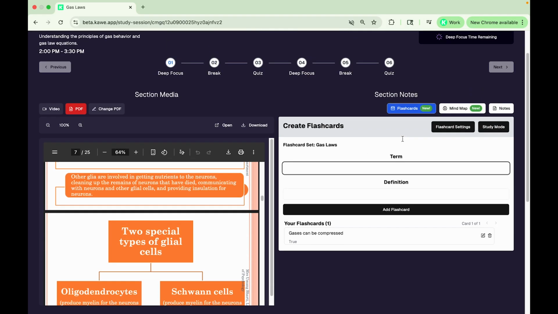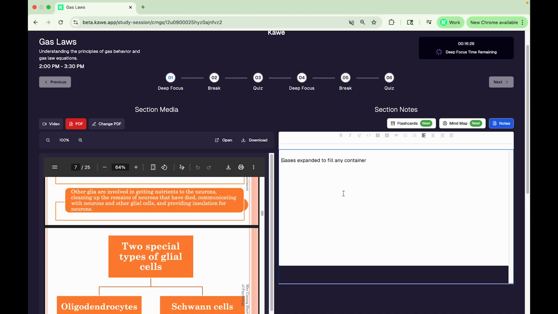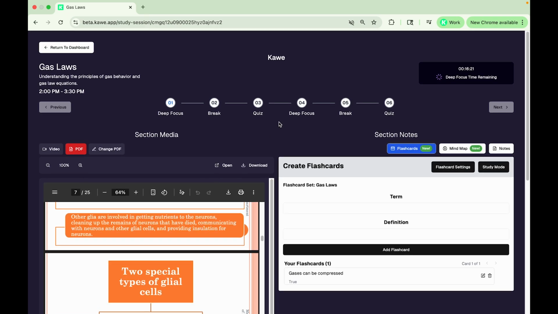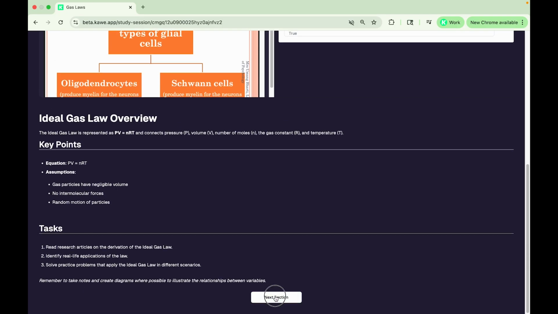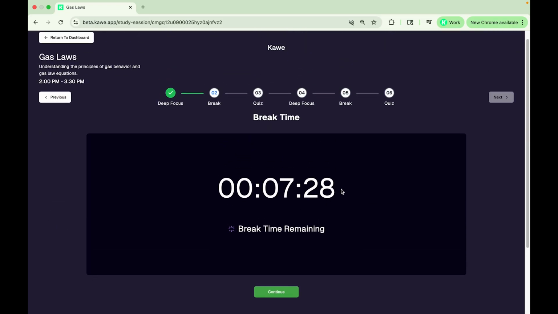And as well as mentioned before, you can use a mind map or take down notes that you created. So that is what we call our deep focus section, where we encourage you to study with however works best for you. So let's say 16 minutes have passed at this time. What you can do is go to the bottom here, click next section, and then here you finished the deep focus section, and now you're into the break section.